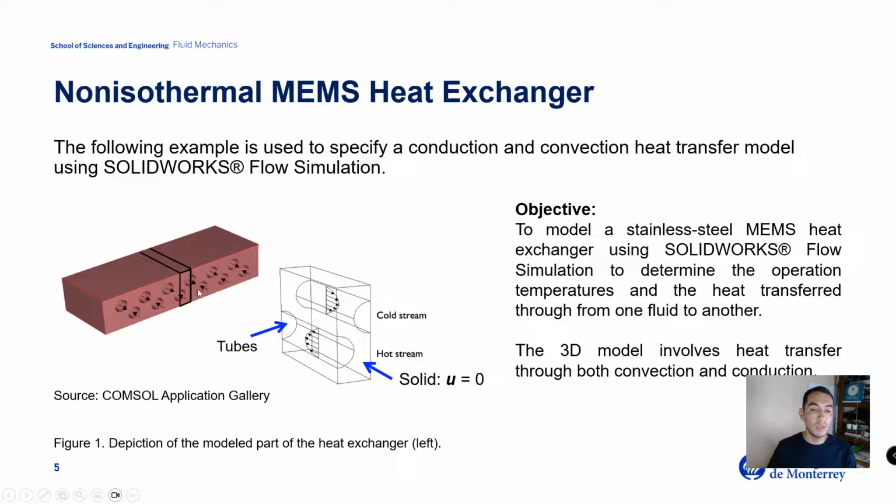We just need to identify what the unit cell is, and we can determine that this is the shape or the geometry for a unit cell. This unit cell is repeated throughout the length of this heat exchanger, and we only need to model this or specify this in SOLIDWORKS Flow Simulation. We can do this in order to save computational costs or to decrease the size